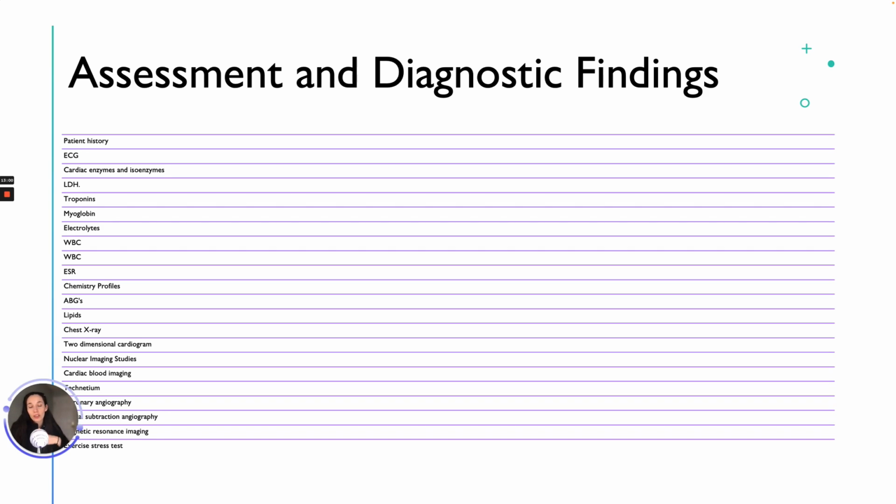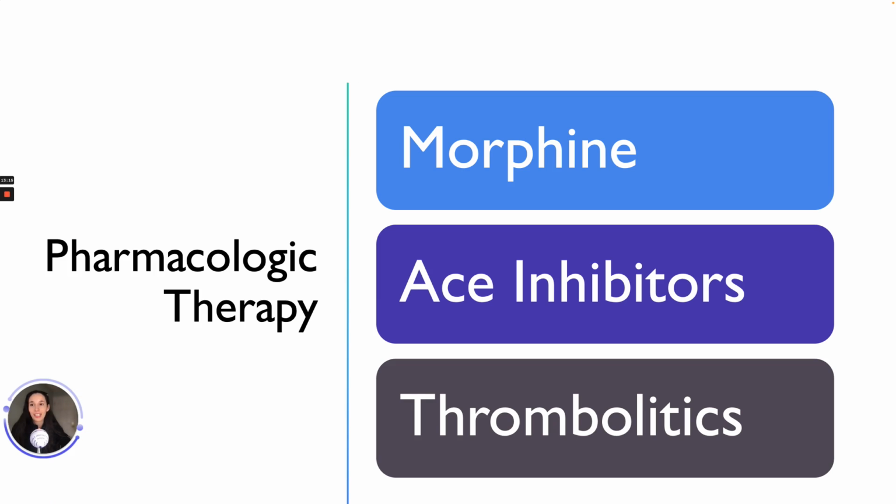And we can use an exercise stress test, which will determine cardiovascular response to activity, often done in conjunction with thallium imaging in the recovery phase. So a lot of different tests we can do. So pharmacological therapy, we would administer morphine in an IV bolus, which is used for an MI to reduce pain